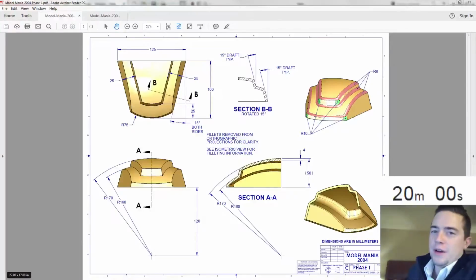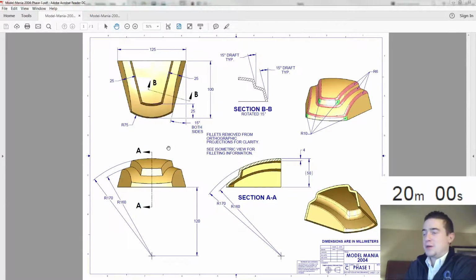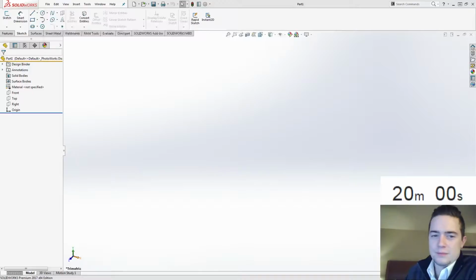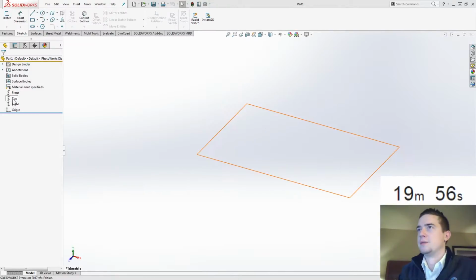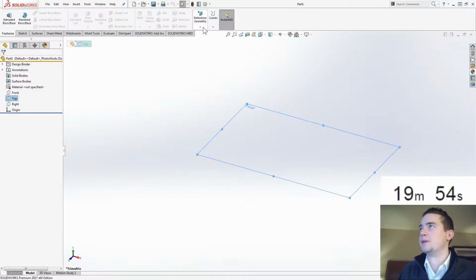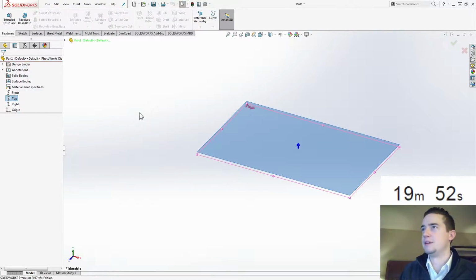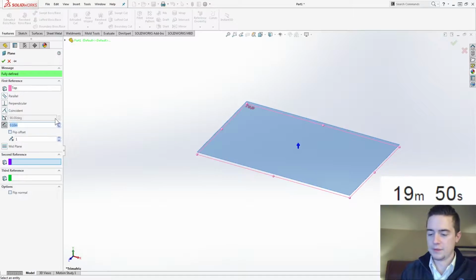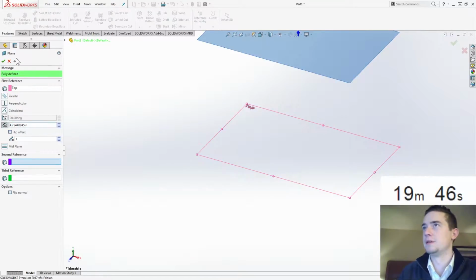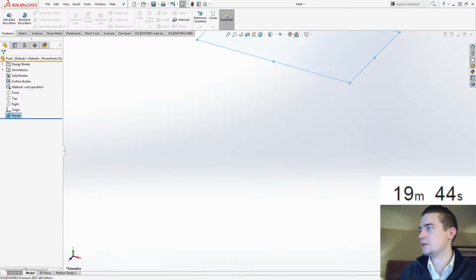So looking at this drawing, it screams surfaces. If I was to do this with solid features, I don't know exactly how I would do it. We've got 20 minutes on the clock. Let's start it. And from the top, we're going to create a plane 120 millimeters. So let's switch that there, millimeters, and